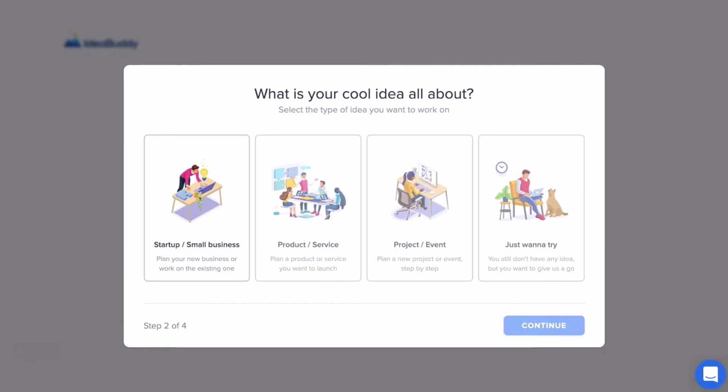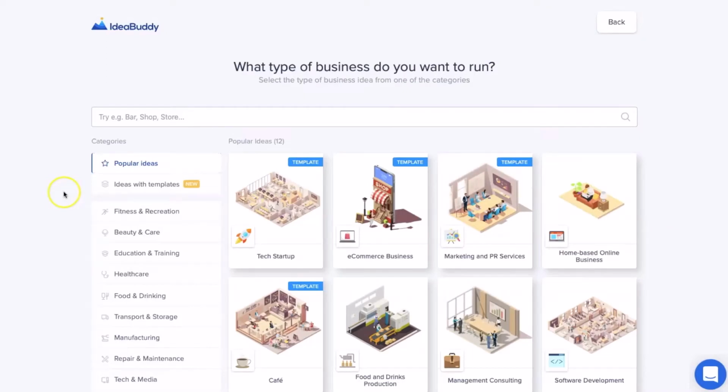So whatever business idea you select, whether it's a startup, a product or service, whether you're planning a project or event, or you just want to play around with IdeaBuddy, and you can always come back and change this later, but choosing one helps you connect to the part of IdeaBuddy that will guide you specifically through what you're dreaming of. So now that you've chosen the type of idea that you have, the business that you want to plan for,